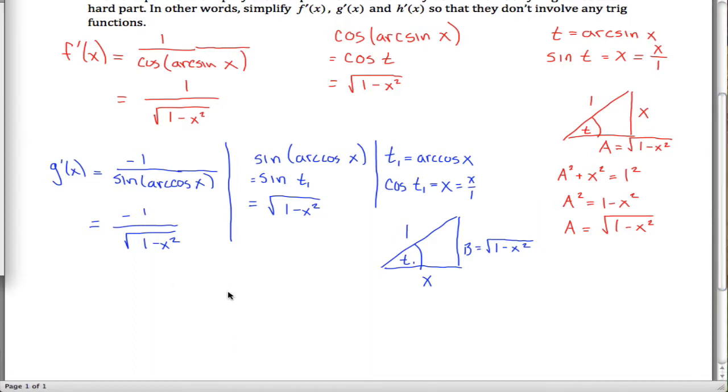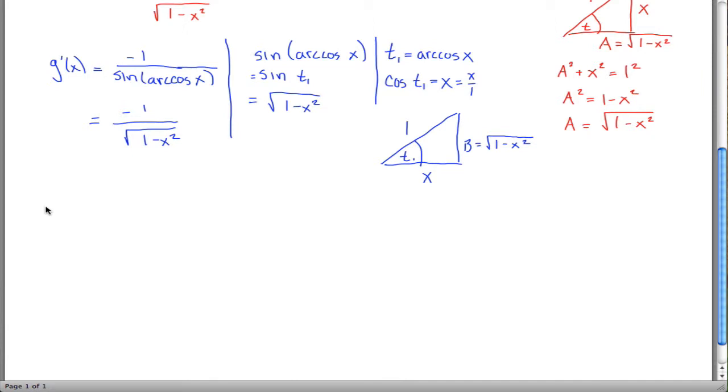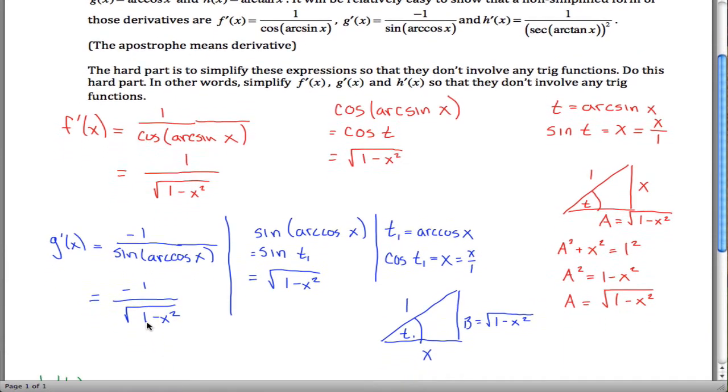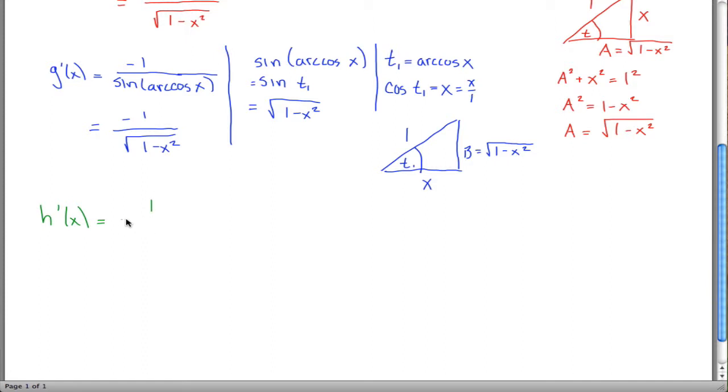I'm almost done. Third one will actually end up looking a little bit different, although really it's the same logic. H prime of x is equal to 1 over secant of arctangent of x, 1 divided by secant of arctangent of x squared. Sometimes you'll see that written as secant squared of arctangent of x. I'll put the extra parentheses to try to avoid confusion. Okay, so really what I need to do if I'm going to do this problem is figure out what is secant of arctangent of x,